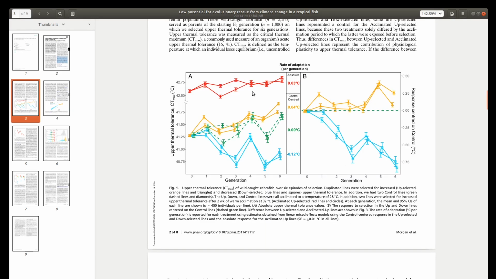And then they had a fourth group, in which, before selecting for increased thermal tolerance, they acclimated the fish to higher temperatures. They kept the fish in tanks of higher temperatures until they stopped exhibiting erratic behavior. So they assumed that the fish acclimated themselves to those higher temperatures. And once they were acclimated, then they also selected for higher thermal tolerance in those acclimated groups. And that didn't really show much of a response. So it didn't seem to show that acclimation really helped to spur some kind of evolutionary change.